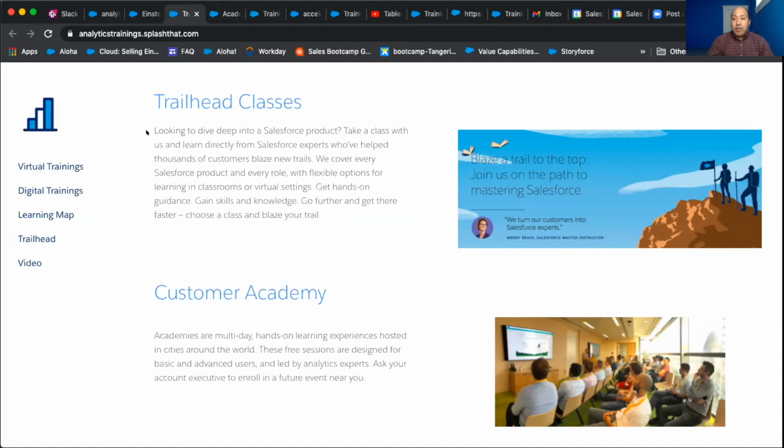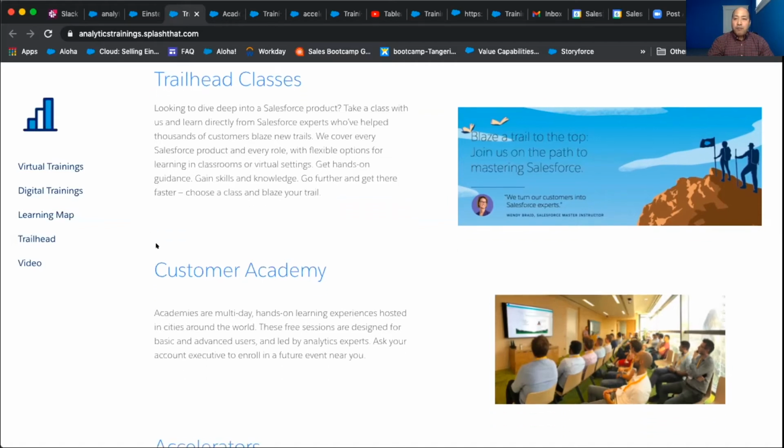So when you're looking at whether it's building out dashboards or how you manage your data, there's also going to be ones that are going to be more focused on the AI side of things, where you're looking at discovery and building out stories and recipes. So with this, I will then say that with Trailhead here, we also have another option where you could focus with an expert and take courses as well. And they can run you through